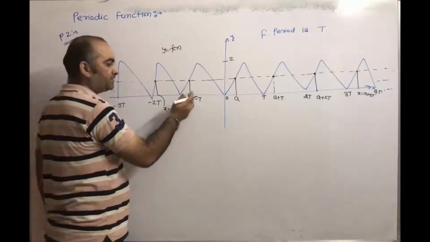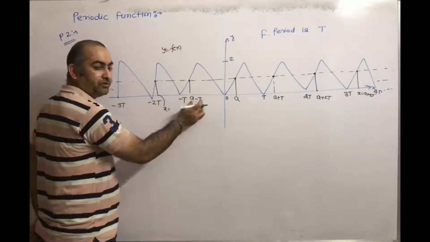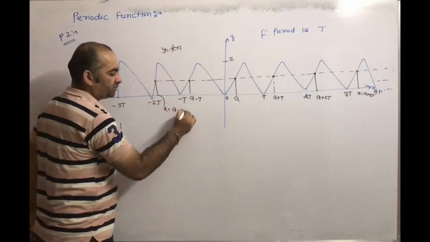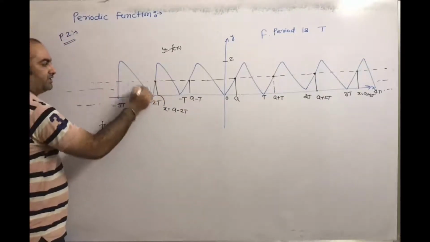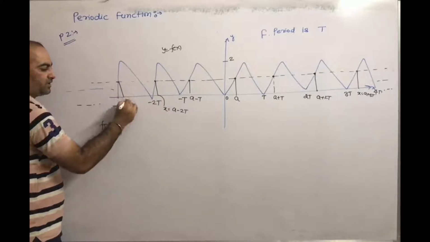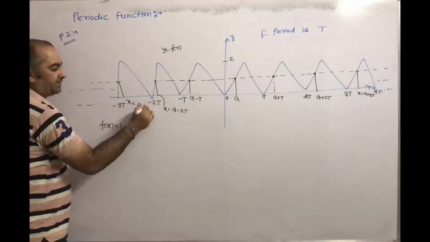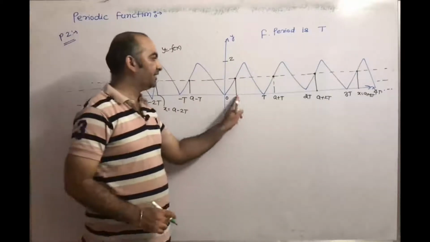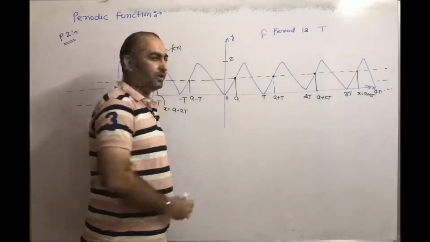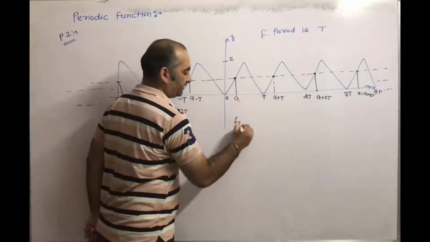Because we are going t distance from here to the left-hand side, from here you have to subtract t. So what will be a minus 2t. Similarly, from this point, if you go t distance left-hand side, you can see this point will reach, and this point is x equal to a minus 3t. Like that it will come, and you can see at a we are getting this value.